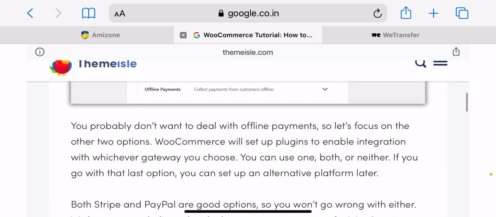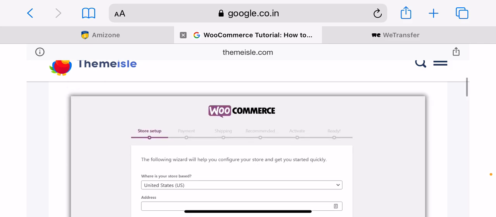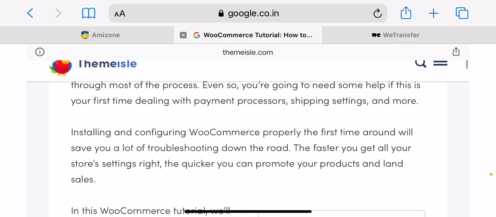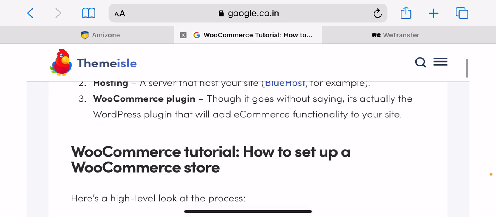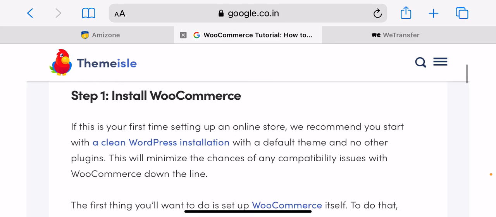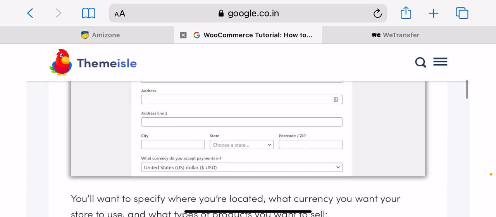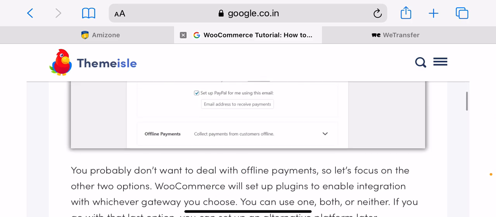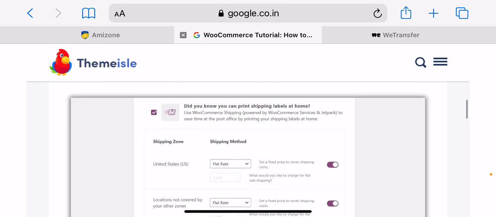How much to charge for shipping depends entirely on what zones you want to cover and the products you're going to sell. If you're not sure what to charge, we recommend using your local post office rates. Plus, you can always change these numbers later. International shipments can become complicated, so we also recommend you start local unless you already have experience in this area. Once you're done establishing your shipping zones and rates, hit the continue button. Next step is add recommended extensions.